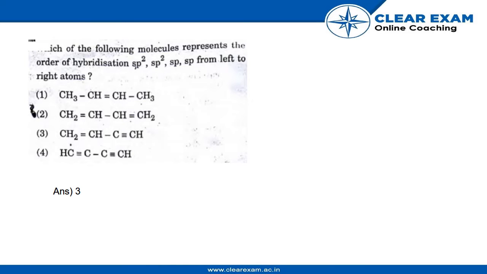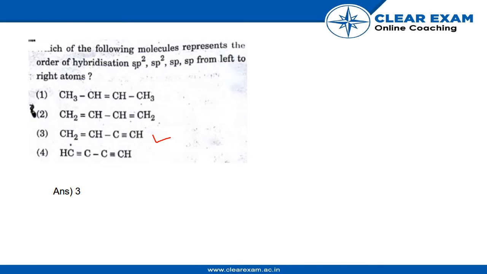Hello guys, now let us discuss question 148. The question is, which of the following molecules represent the order of hybridization sp2, sp2, sp and sp from left to right atoms? So the options are: first, CH3, CH, CH and CH3. Second option is CH2, CH, CH and CH2. Third option is CH2, CH, C, CH and fourth is HC, C, C, CH. So here the correct answer is option 3